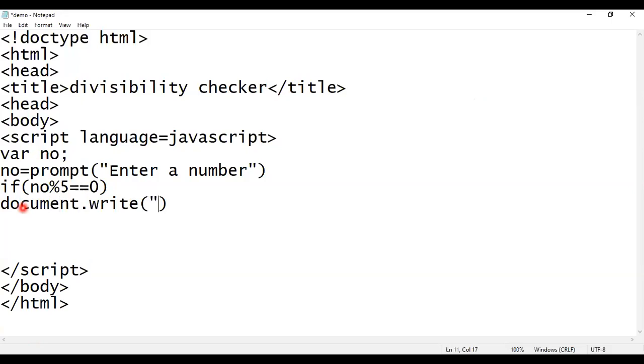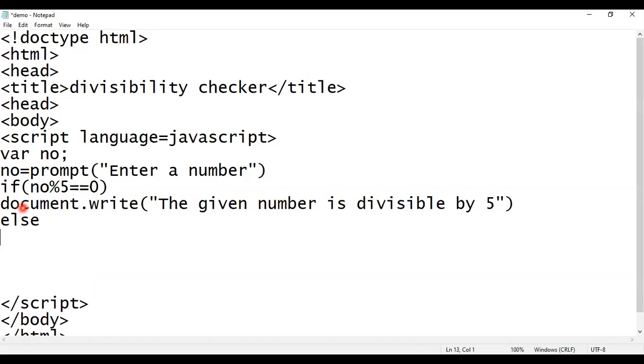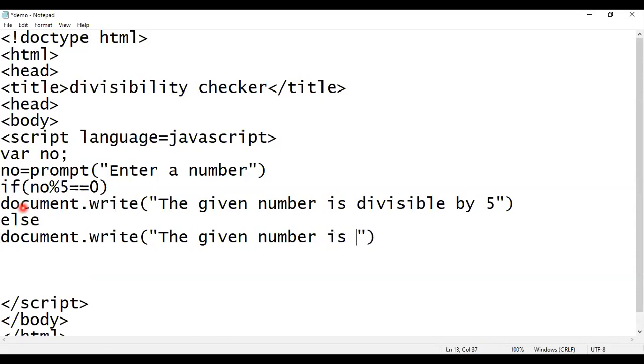document.write in double inverted commas, the given number is divisible by 5, else document.write in brackets, double inverted commas, the given number is not divisible by 5.